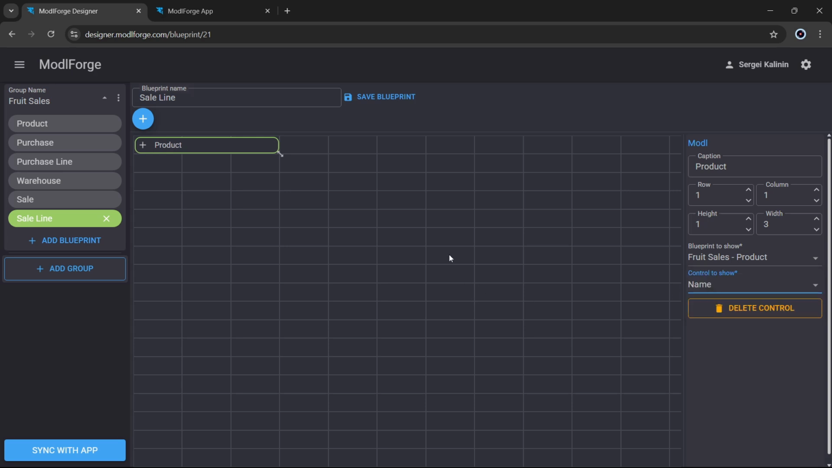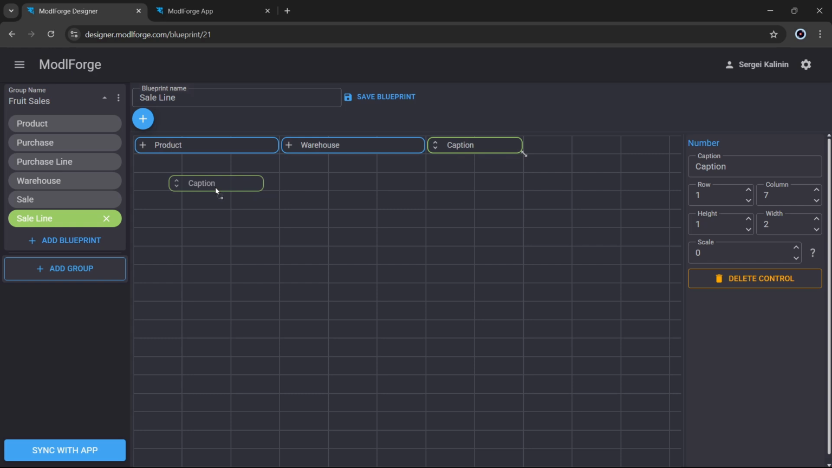Now let's say we need to sell products from multiple warehouses within a single sale model. To make this possible, I will add the warehouse to the sale line, differently from the way I set up the purchase blueprint. I'll add the quantity sold, the sale price,